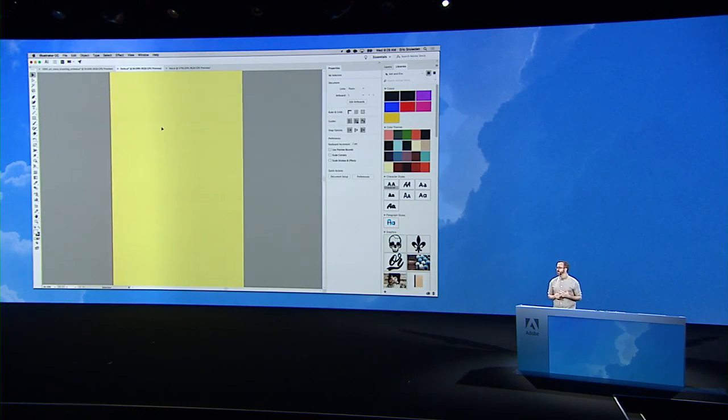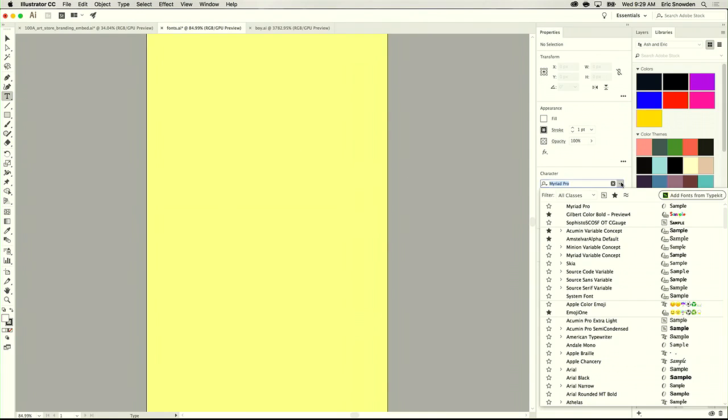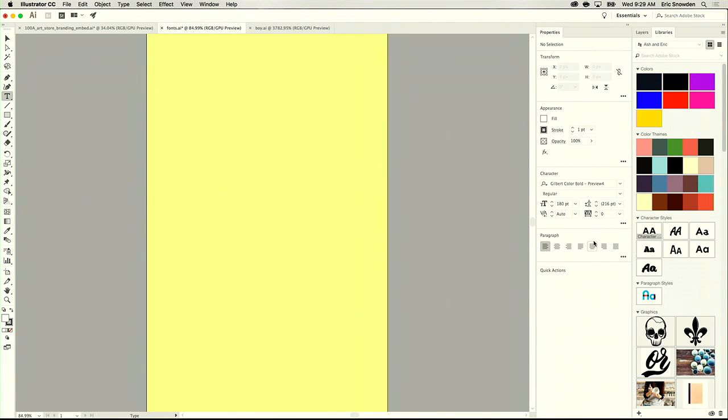And the Illustrator team didn't stop there when it came to font enhancement. So another one of my favorite features is actually color font. If I go into my character styles menu here, I'm going to filter down to just my favorite fonts, another nice little shortcut, and select Gilbert Color Bold. And if I go and start typing